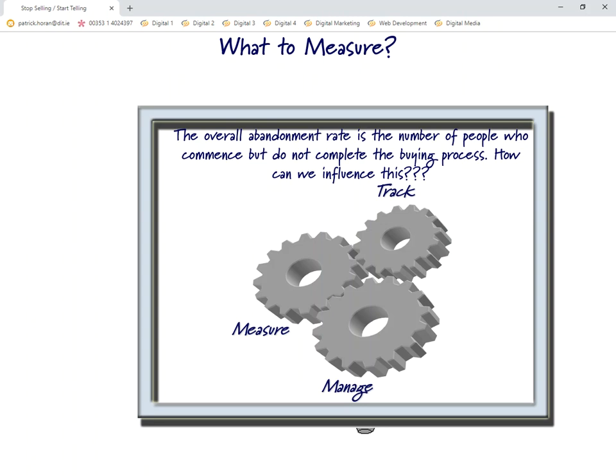Quite often we see now that if we abandon a shopping cart, and especially if we're registered on a site, we might get an email pretty soon after that saying, have you forgotten something? You've still got things in your shopping cart. And sometimes they might even offer you a little incentive, like a percentage off or something like that. And this is to try and get you back into the process of buying from them, and in their case, upselling a little bit.